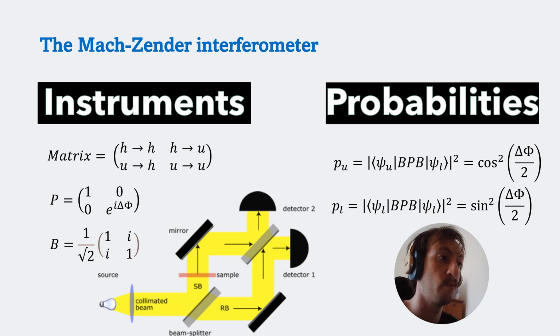That is, even though we have a single photon, the probability does depend on the phase shift introduced by the sample. As a side note, because this comes from different parts of the quantum state interfering with each other, we say, in other words, that the photon is self-interacting, because different parts of its state are interacting with each other, even though we just have one photon in our interferometer at any time.